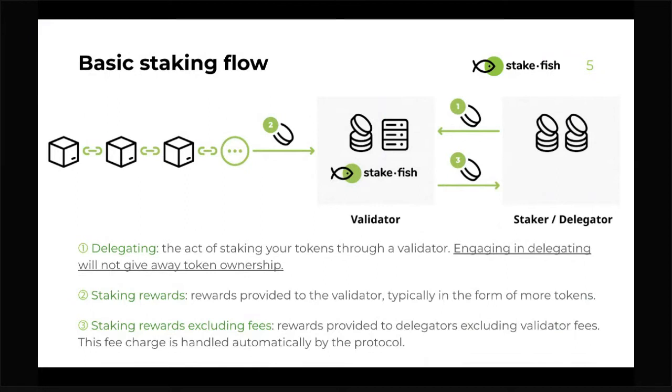With the staked tokens that are provided, the validator uses that to increase their probability of interacting further with the chain, and will receive staking rewards in exchange. While the validator will keep some of the staking rewards, most of it will be passed along to the initial delegators, the token holders who have staked. And of course, the validator will take out a small fee for operating the validator infrastructure.